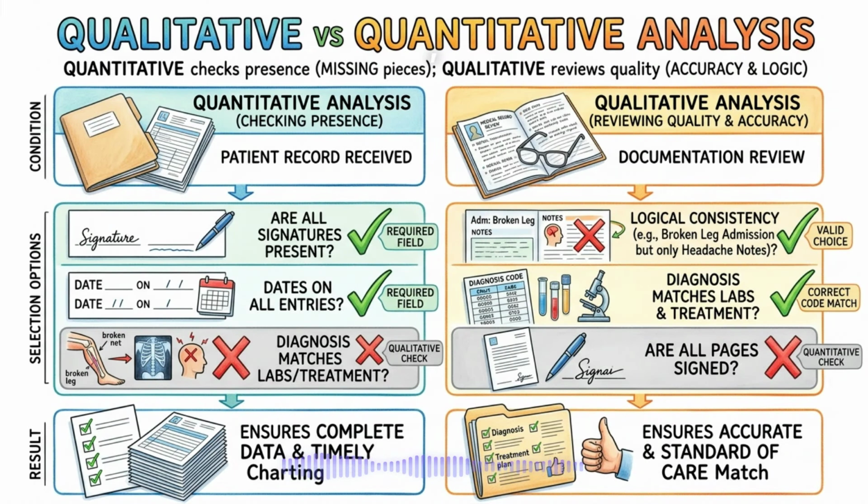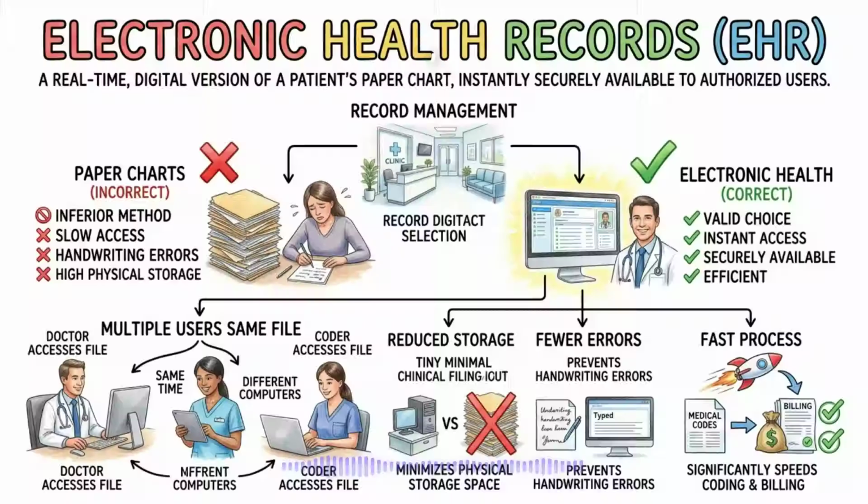Your exam will test your ability to tell the difference between quantitative and qualitative reviews. Today, most hospitals and clinics have moved away from paper folders and now use an electronic health record, commonly known as an AHIMA. An electronic health record is a real-time, digital version of a patient's paper chart that is available instantly and securely